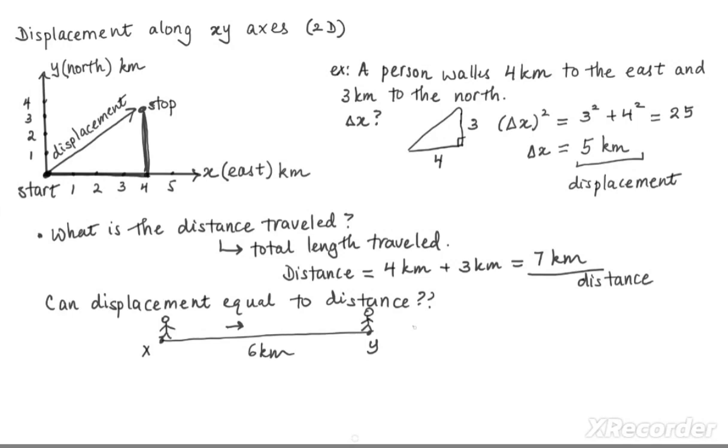So then their displacement, meaning final minus initial, is going to be 6 minus 0, because if we say this is at our 0, 0 position, that is going to be 6 kilometers. But then distance, the total length traveled, is also 6 kilometers. So this is an example. If you walk in a straight line between 2 points directly, then the displacement is equal